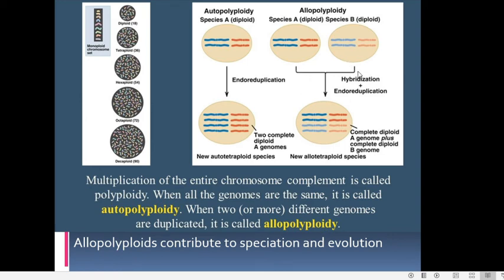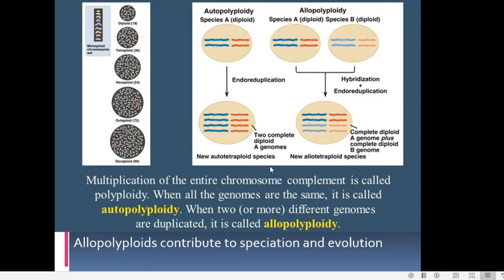So they form hybrids, and suppose in these hybrids there occurs endoreduplication, then what will happen? This chromosome will have a double of itself, this chromosome will have a double of itself, this chromosome will have a double, and this chromosome will also have a double of itself. And so this cell will have tetraploid chromosomes, but the chromosomes are slightly different. One belongs to species A and the other belongs to species B. That condition is called allopolyploidy.